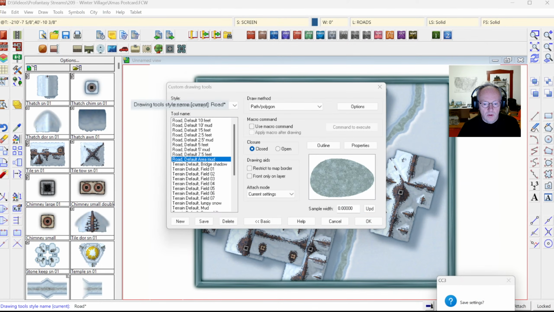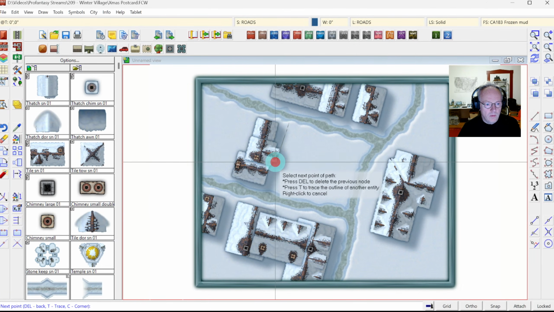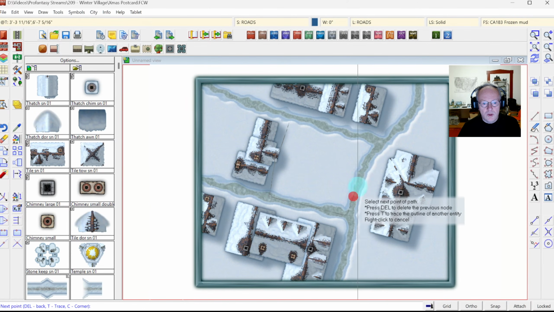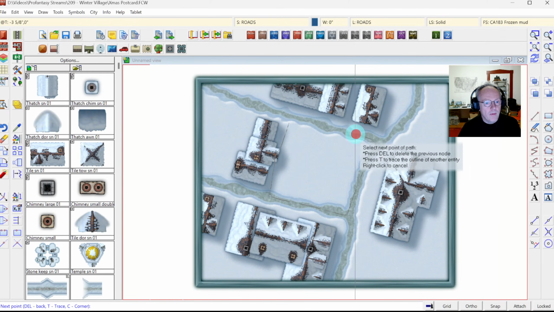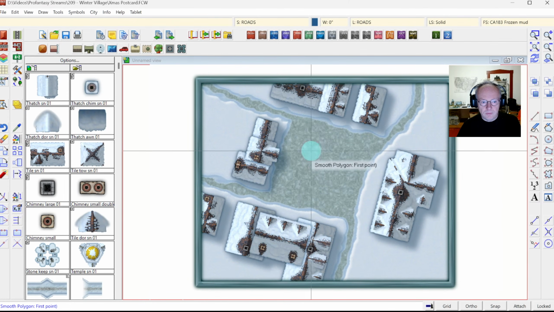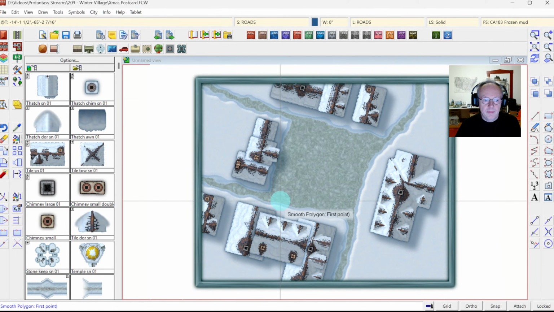And if I use this, I can then go in here and draw a space, and there's my whole village square filled in with the frozen mud texture. Excellent, there we are. And I do want to add a few smaller paths and paths from the